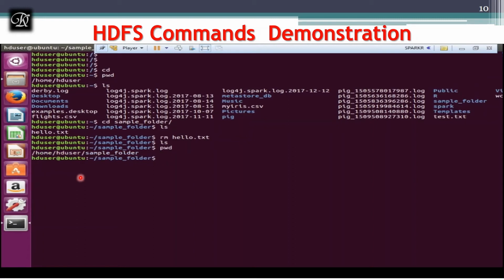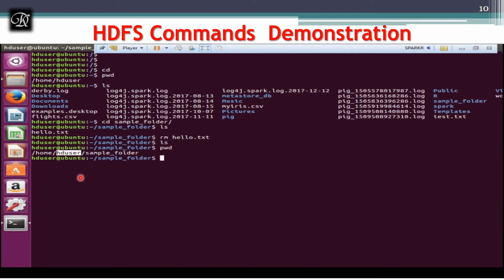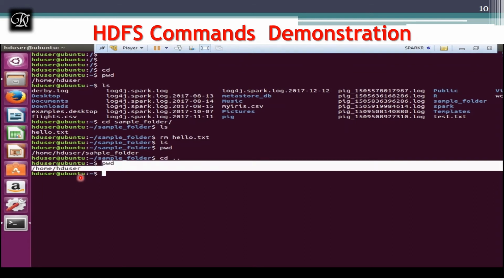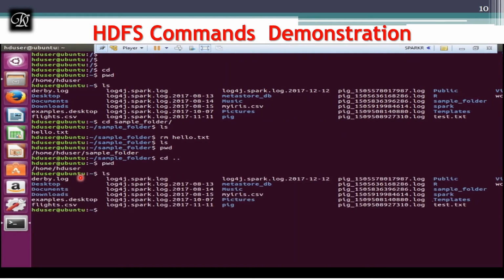Now we can check I have removed the file and I'm in the present directory sample folder, and to come one stage back we use cd dot dot. So now again I'm back on the home directory of my HD user, and let me see whether I have the sample folder. Yes, I have the sample folder because I have not removed it, but I have removed the file under it.